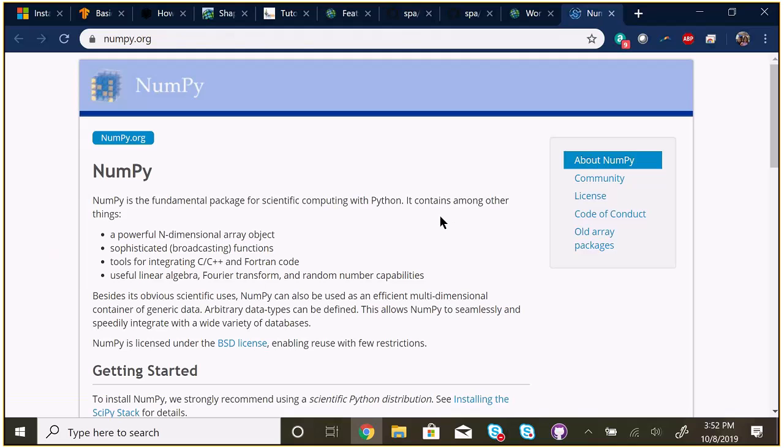So another thing that NumPy allows you to do, or NumPy, depending on how you want to pronounce it, is that it has these sophisticated broadcasting functions. Similar to what we just demonstrated earlier, where we could take the value in one field and add it to the value in another. If you have two arrays that are the same dimension, you can add them together, or subtract them from each other, or do math on everything. You can even do